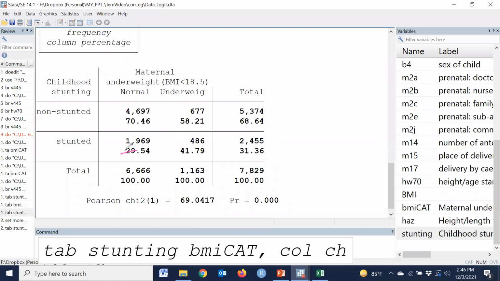This is the column percentage of stunting when the mother is normal. This is the percentage of stunting when the mother is underweight. And this is the p-value.